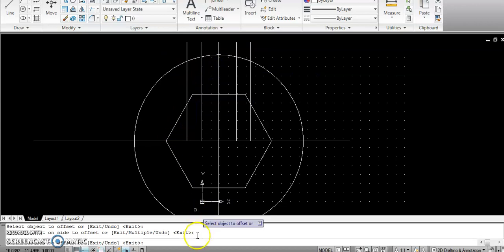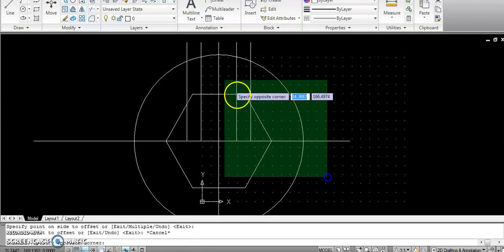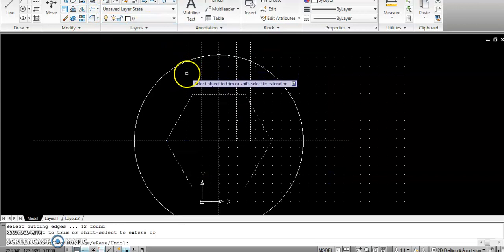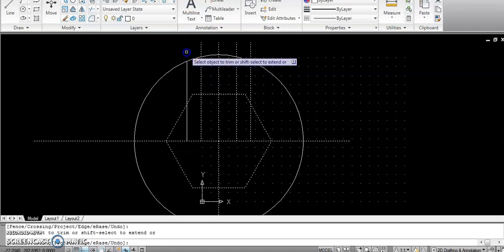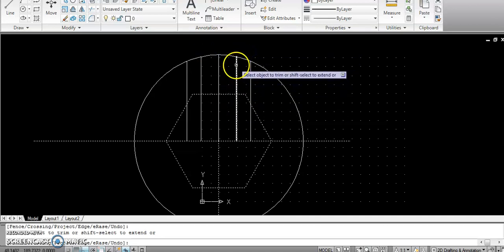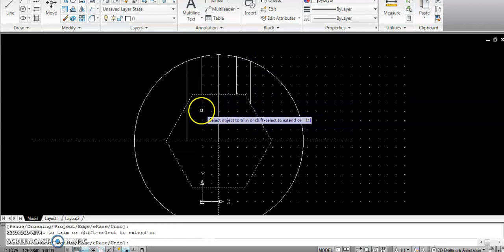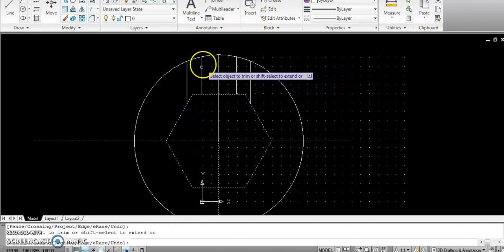Now what is left out is the winding. Or else, if you are getting confused, you do one thing: you erase whichever is not required. The trim option is there. So this is not required actually, you can make it down, right? This is not required. Everything here is not required. So the pole face will stand here. Again, this is not required. So it will be clear for you, otherwise you will get confused. So this is nothing but the pole width.